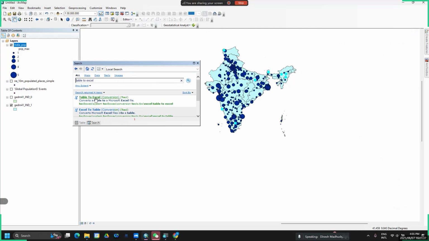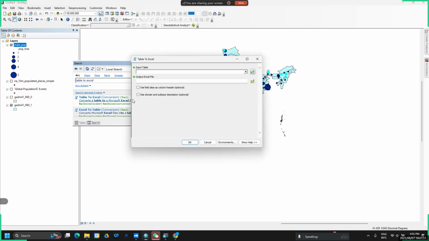You see here, this is the last analysis of this class. Just click it, and here it will ask you which data you want to convert into a table. Table means Excel file. So over here I will select pop India, population of India,